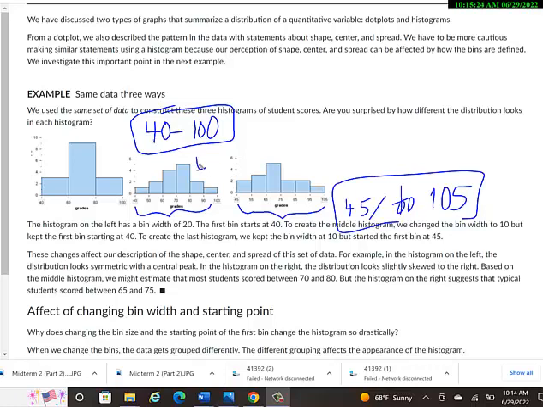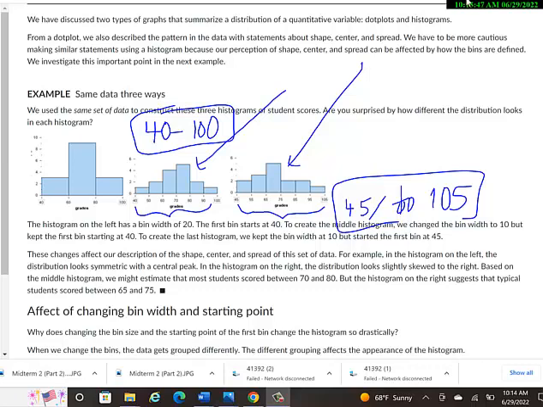The middle one is almost optimistic. It looks like it's leaning to the right, which are the higher grades, and it makes you happy. But then you look at the right histogram here, and it looks like most of the grades are leaning to the left, which might make the instructor sad to see that most students are not doing so well. So it really matters which values we pick for our x-axis,